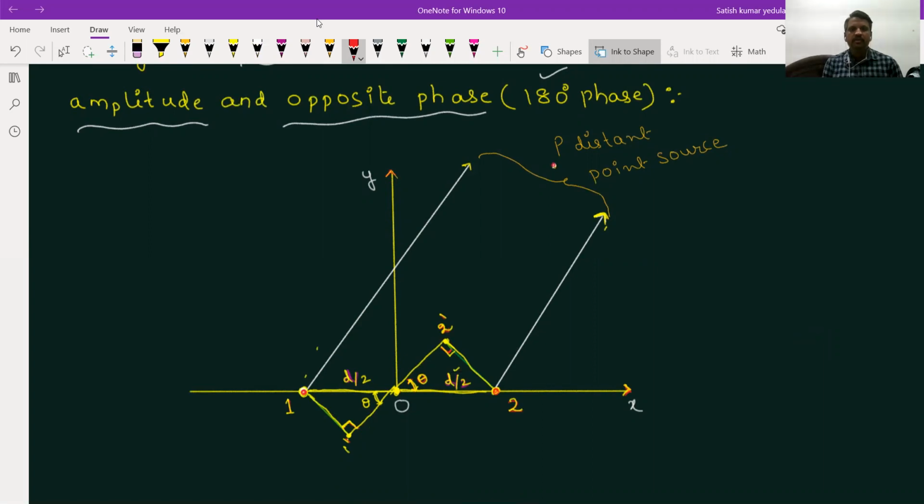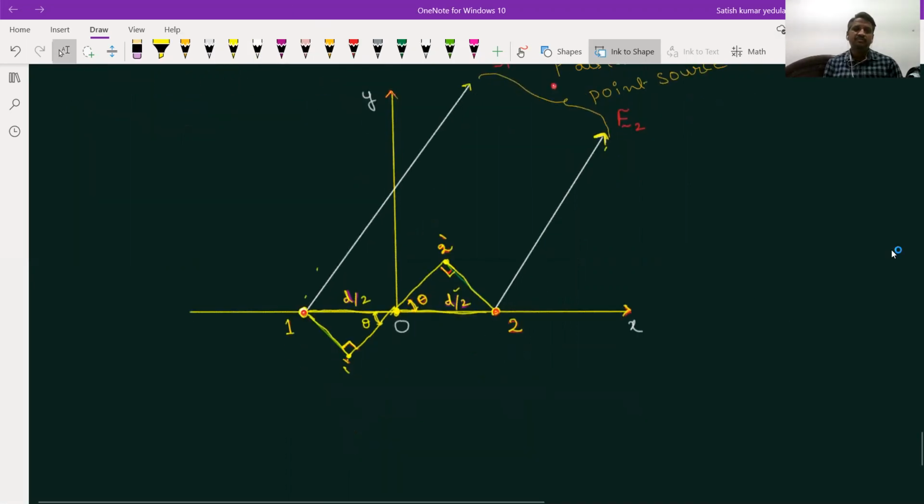And this is the far distant point at which you have to find out electric field intensity due to the first source, and E2 is the electric field intensity due to the second source. At this point you need to find out the total electric field intensity, which is equal to E1 plus E2. This is a very simple derivation because we have already derived the expression for the phase angle between the 2-point sources, and that phase angle will be calculated from the path difference. Let us see what is the path difference that we have got. This is 1 dash and this is 2 dash, which is the path difference,